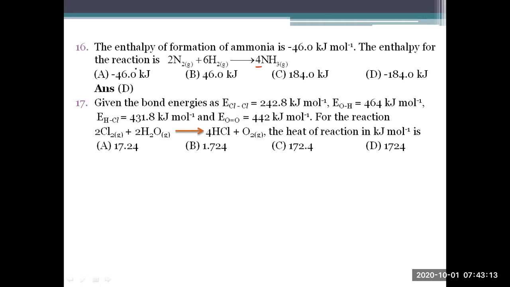Very nice, man. So the enthalpy of formation of ammonia. When 1 mole of ammonia is formed, the enthalpy change is given as negative here. For 4 moles, obviously into 4, that's all. Why should it be positive? Because if delta H given for 1 mole were positive, for 4 moles also it would be positive. So delta H negative means it is an exothermic process. Formation of ammonia is exothermic.